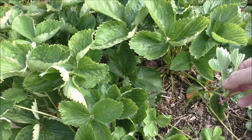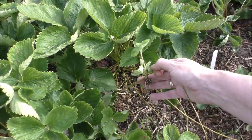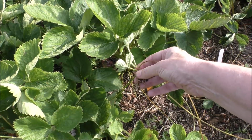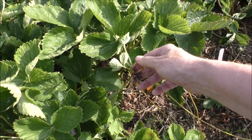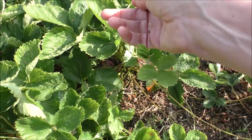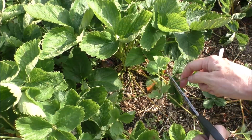And then, let me just show you, move the camera around slightly. This one is a perfect example. You can see from that, that has already started rooting in the soil, and I think I've pulled it up. But left on their own, that is what they'll do. But what we want to do is we want to get the strongest ones, so we don't want them to have to send out their strength to all their runners. See, that's got a nice one there as well. We just want good, strong, healthy runners